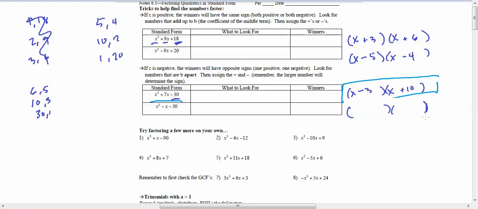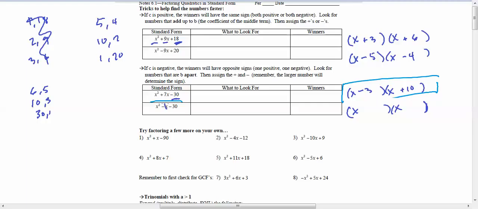I've got my two sets of parentheses, okay? I'm going to have an x over here and an x over here. I need to multiply out to be negative 30. I already have the factors listed, so I don't need to go through that step. What can I do? Which ones can I use to combine to get the number negative